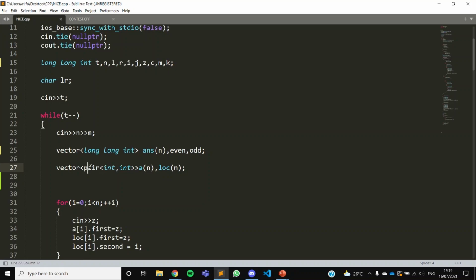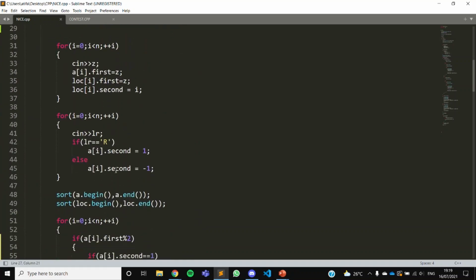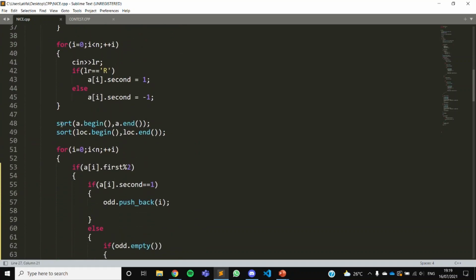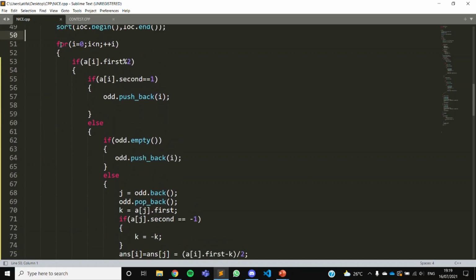When you sort a vector of pairs, it is sorted using the first integer, and if those are the same, then the second one is compared. So it will be a very simple sort. Here I am sorting the robot positions, then iterating through the robots from 0.